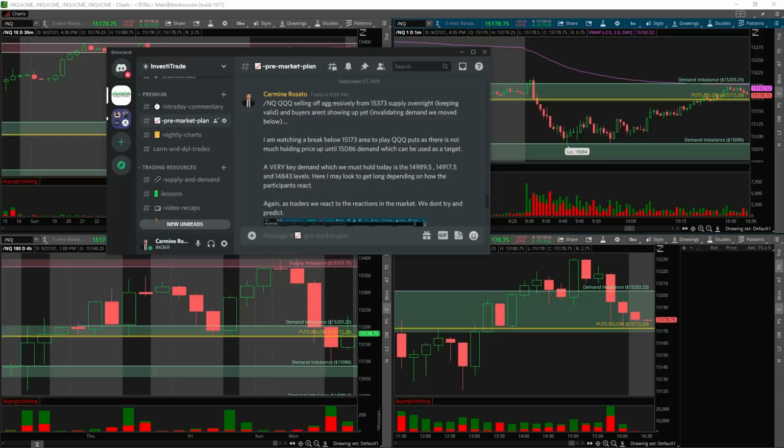So here we had NQ. It was selling off aggressively from supply overnight. Buyers really weren't showing up, and I was invalidating the demand zones that we had prior to the market open. So the first thing I was watching for was a break below the 15173 area, which is this yellow line over here, to play puts, as there's not much holding up until the 15086 demand zone, which could be used